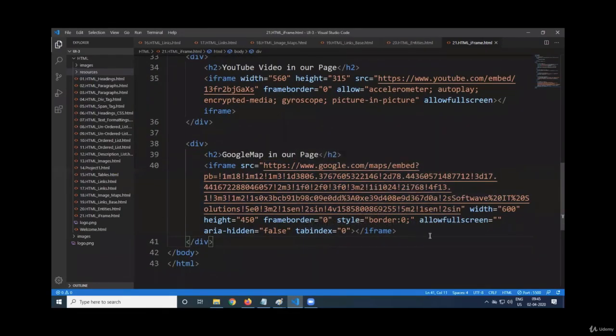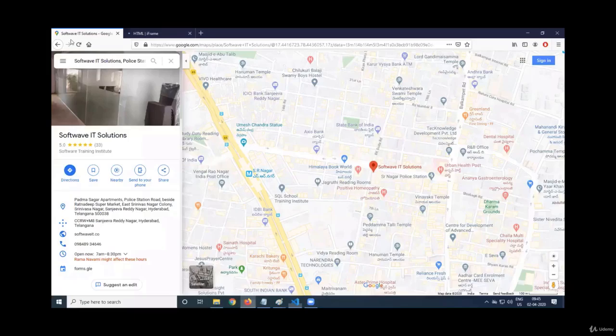Don't make any changes to that. Width and height are given as 600 and you can change that. I want to provide it as 560 and height as 315. Border 0, allow full screen, aria hidden, something. So save this. Let us open the page and you see our Google Map.